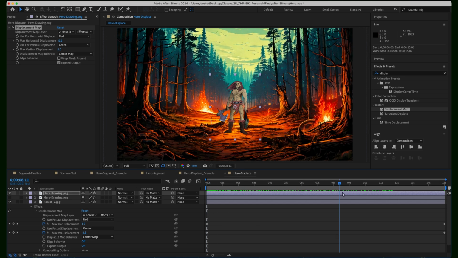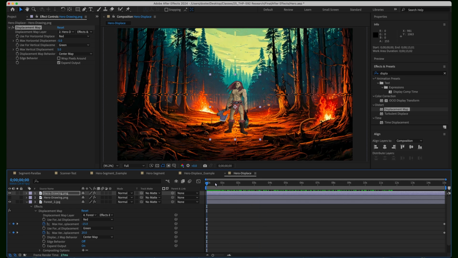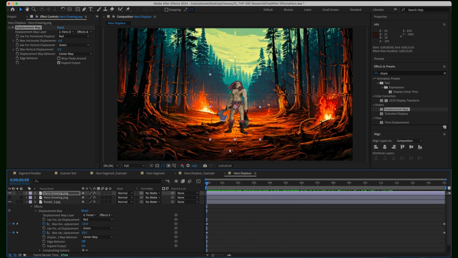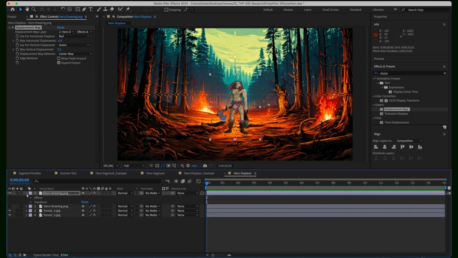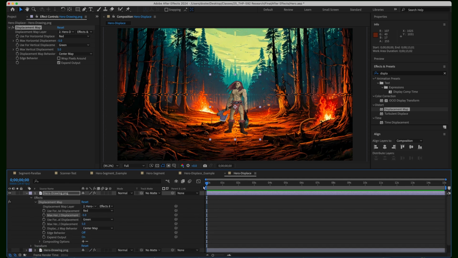So we want to mimic that movement with our subject, which means we're going to want to turn him to the right to start, and then as our animation progresses, we're going to want him to slowly rotate to the left, and we're going to want to come up over him a bit with the camera. We're going to approach this in the same exact way as we did with the background. So let's go ahead and twirl this down so we can see our keyframes,